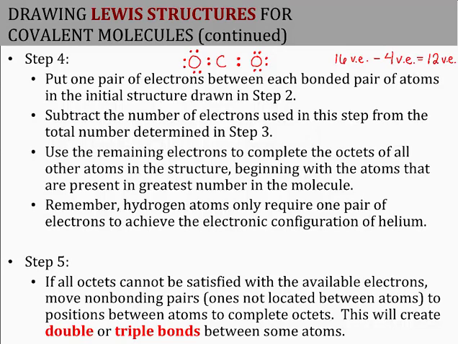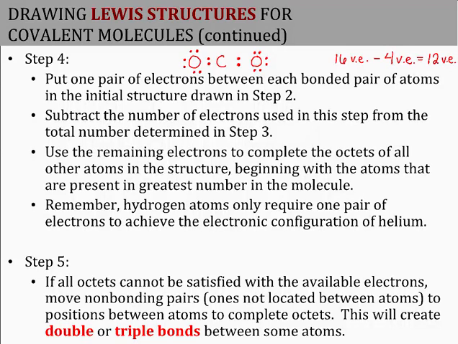Now, one exception to that octet rule is hydrogen. So remember, hydrogen atoms only require 1 pair of electrons to achieve the electronic configuration of helium. So while the majority of atoms would love 8 electrons, hydrogen is our exception. Now in step 5, if all octets cannot be satisfied with the available electrons, we can move the pairs of